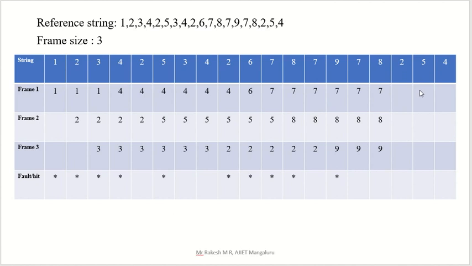I will replace 7, here I will add 2. That is your option. After this there is no demand, right? So anyway you can add here. Then 5 is not there, that's why again you have to put a page fault. Okay, 5 is not there, so I replaced 2 here. So for 5, there is no entry after this.